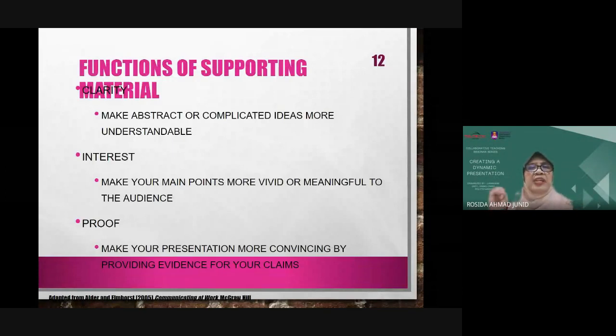How do you put in interest so that whenever the audience is listening to you, they understand you, you are very clear, and it's meaningful to the audience? Sometimes it's not clear and it's not meaningful to them. For example, automotive students are presenting something that's not of general interest, right? Or maybe